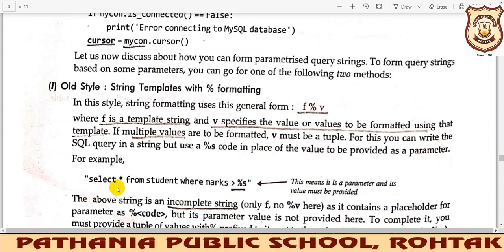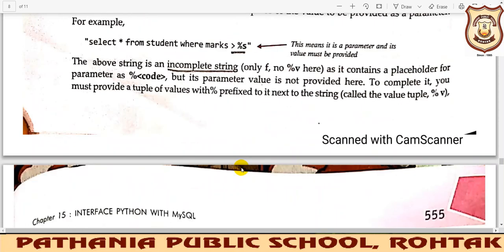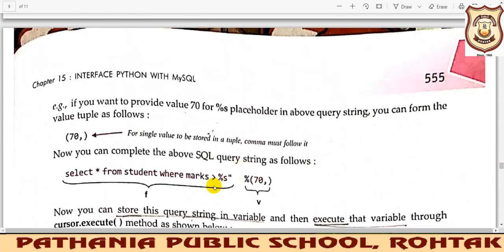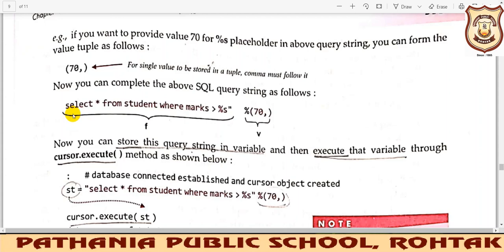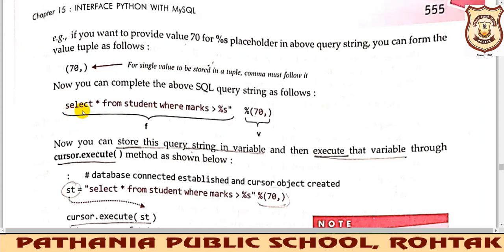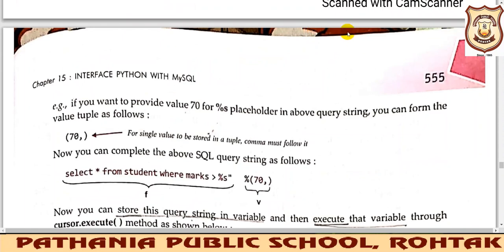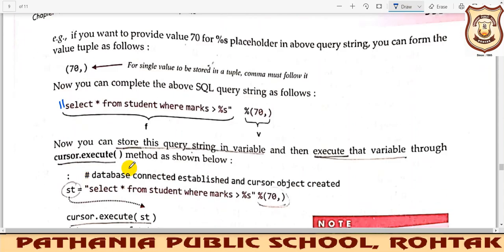Okay, if we are writing parameterized queries, select star from student where marks is greater than %s. This %s you will be replacing like this. See, in the execute function we will write select star from student where marks is greater than %s, and the double quotes should start from here. He has by mistake missed it. I'll be putting up a mark here so that you may correct it. So you need to put double quotes here. Okay, it is missing by mistake.